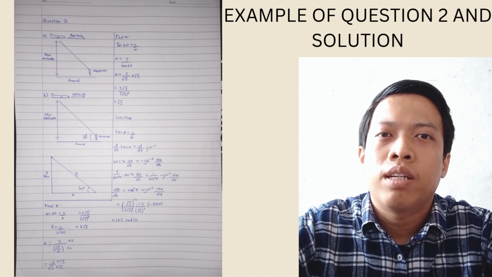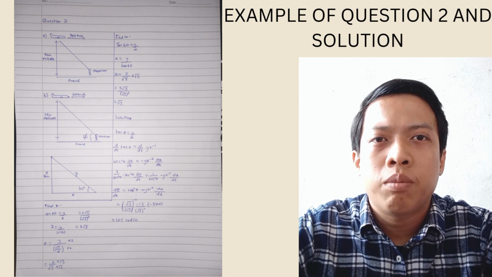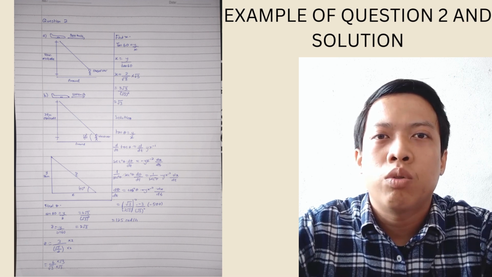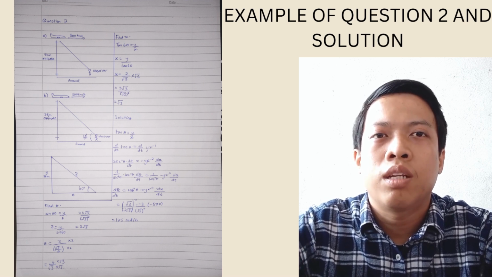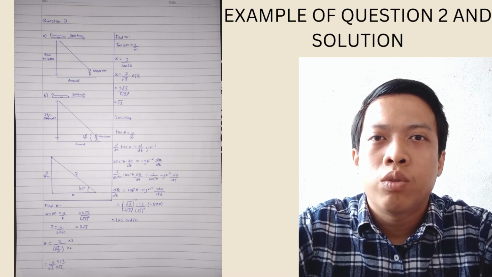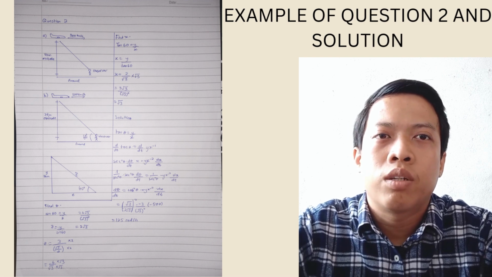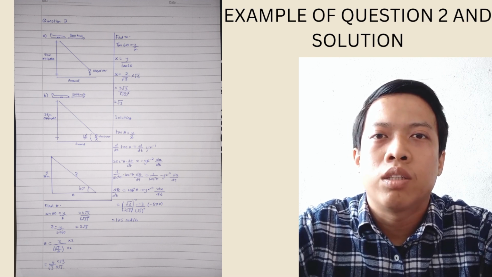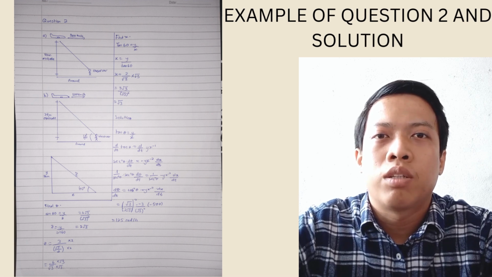Then we can find z equals 3 over (square root 3 over 2). Then we need to multiply 2 on both sides. Then we get 6 over square root 3, and we multiply by square root 3 to simplify. So it equals 6 square root 3 over square root 3 squared, and we get the answer of 2 square root 3. Then we can calculate the rate based on the question.